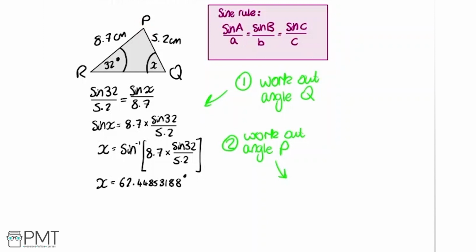Now our second step is we're going to work out angle P, this remaining angle. We can do that because we know all of the angles in a triangle add to 180 degrees. So we've got 2 of them, so we can work out the third one. I'm going to label this one up here angle Y. So Y equals 180, because all of the angles add up to 180, minus 32, subtracting the other angle we just worked out, 62.448... It's good if you store this long number in your calculator, you can use it when you're doing this sum to make it as accurate as possible. So that gives us that this angle is